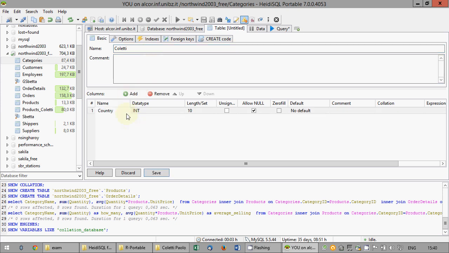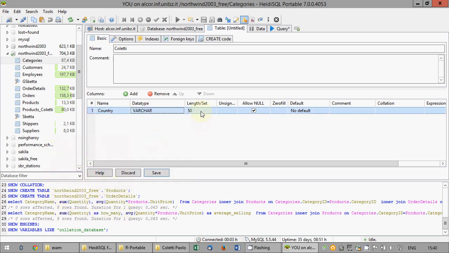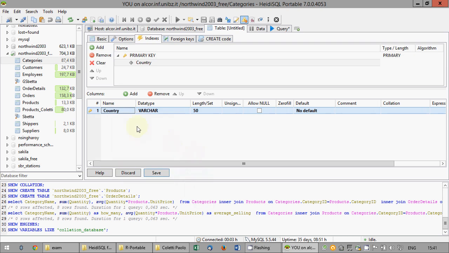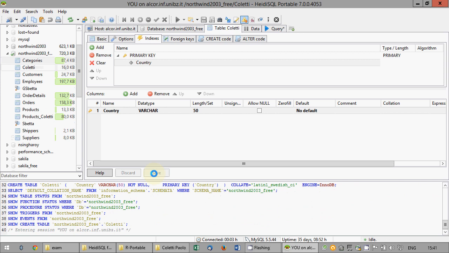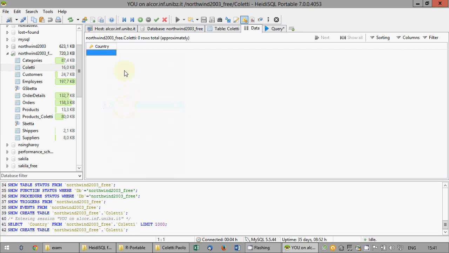country. It will be a varchar, obviously. 50 is enough. I want it not null. Okay, and let's set it also as primary key. Okay. If you prefer, you can make country ID as primary key and then the country name as another column. Both are correct. Okay, we'll have to put some data inside. Also here you can do it with an SQL instruction, or here